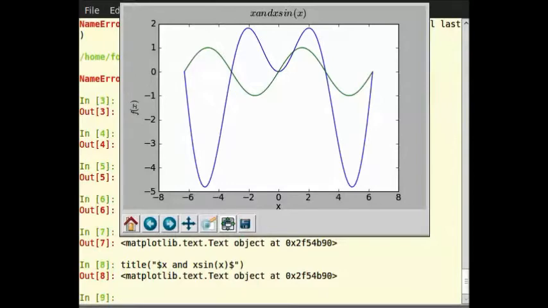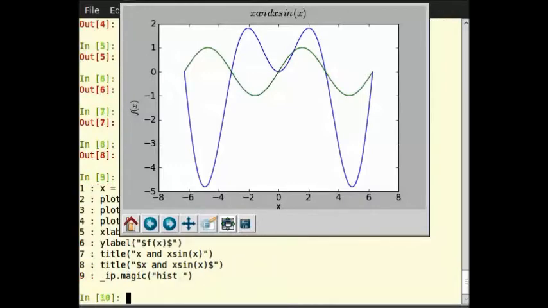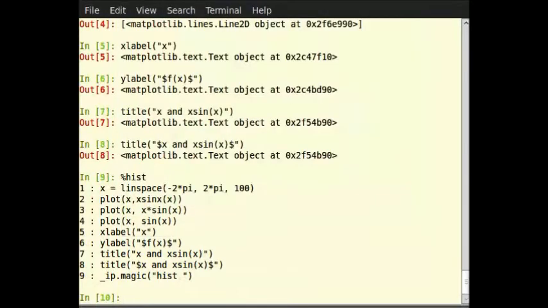Let us look at the commands that we have typed in. The history can be retrieved by using the %hist command. So type % sign, then hist, and hit enter. As you can see, it displays a list of recent commands that we typed. Every command has a number in front to specify in which order it was typed.